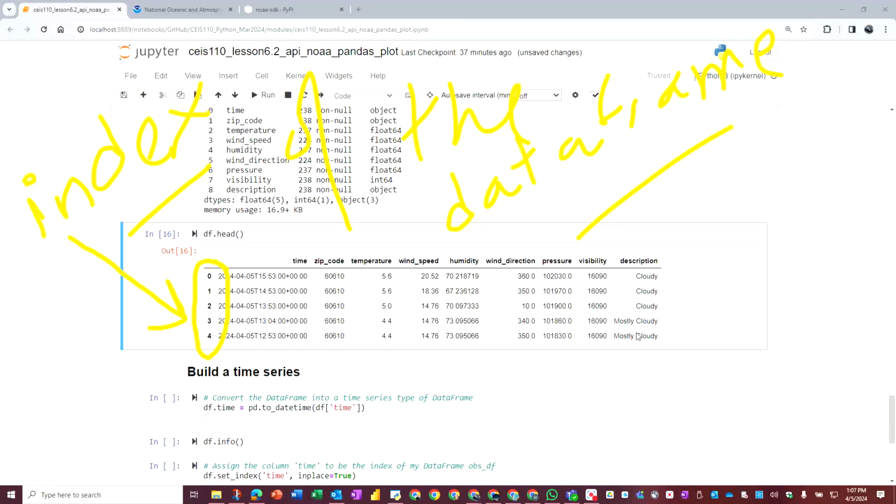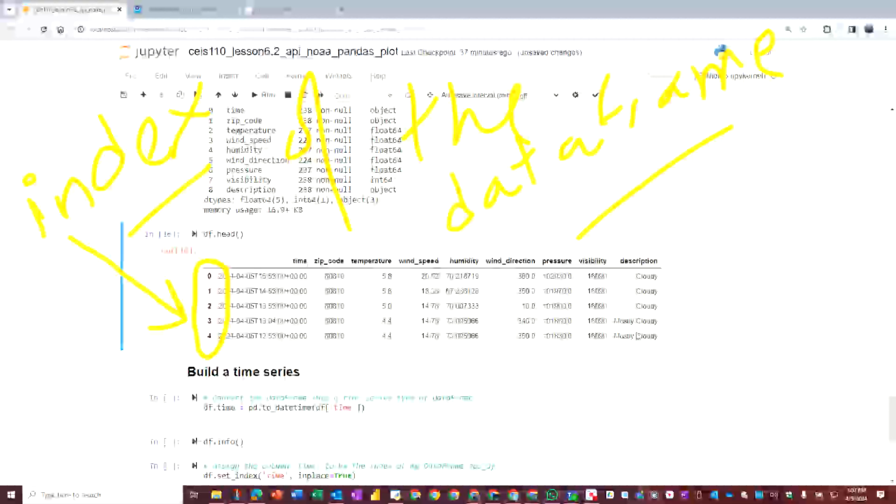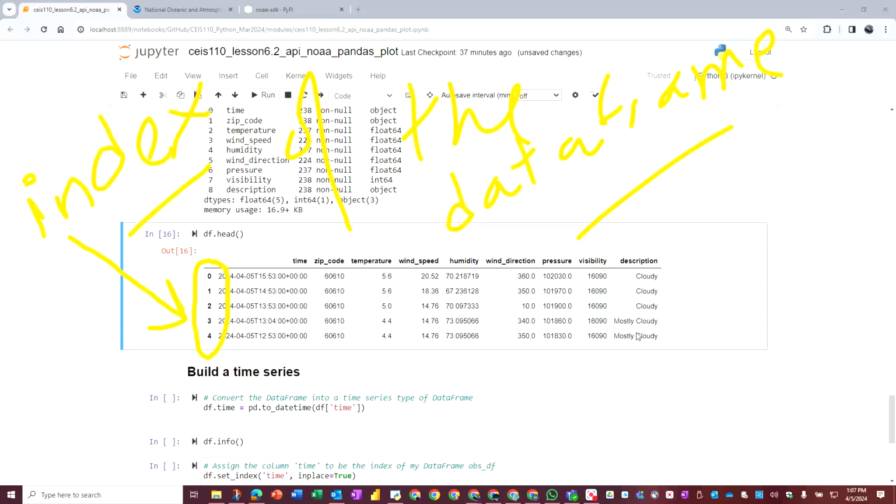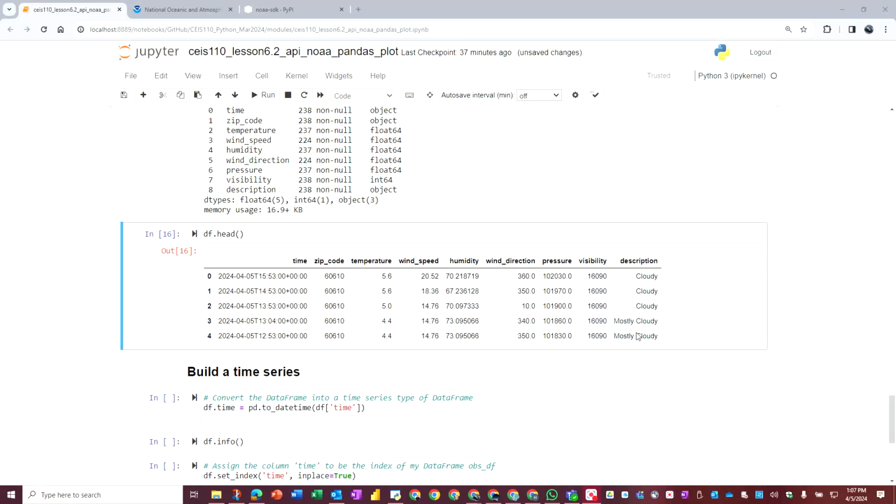We can do things about that index. We can change the index. In fact, there is a method with a dot notation that allows us to work with that index. But that's what it is right now. That's the index, all right? And one of the columns that we have here in our data frame is just another column: time. Time is just another column